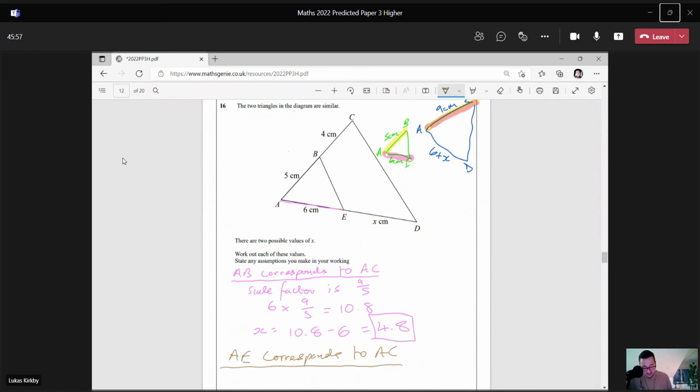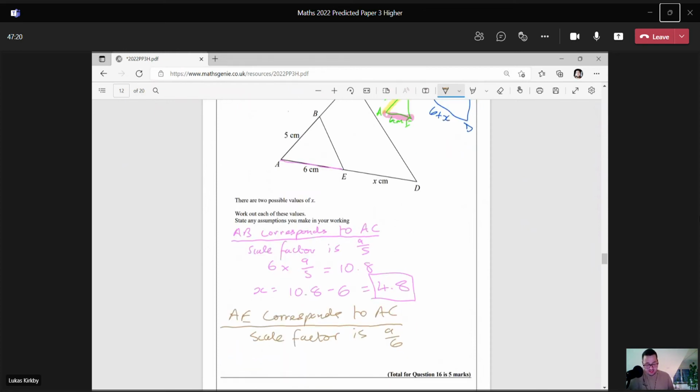Well, in this case, the scale factor is 9/6, yeah, because AE is 6. Okay, and then so we do 5 times 9/6, and again we'll stick that in our calculator, so 5 times 9/6, and that gives us 7.5, and then